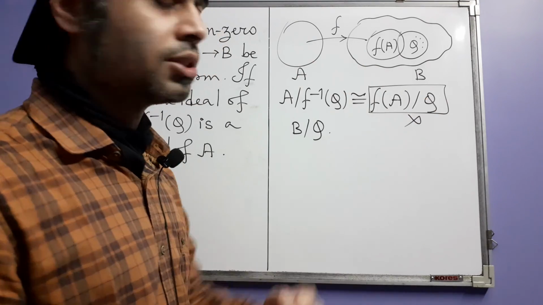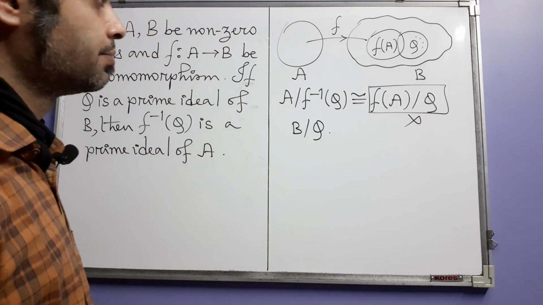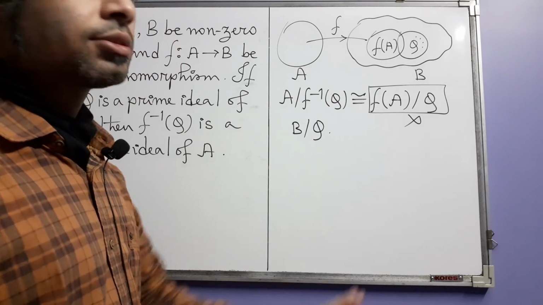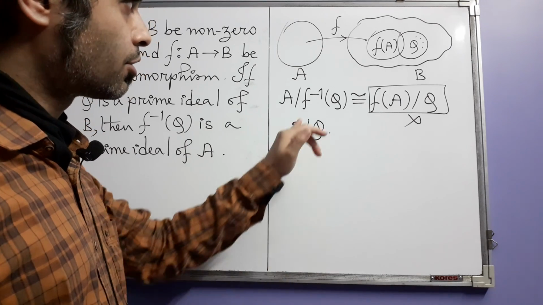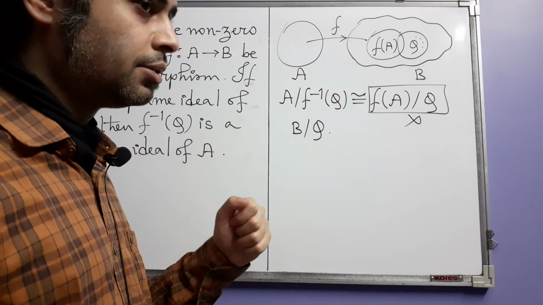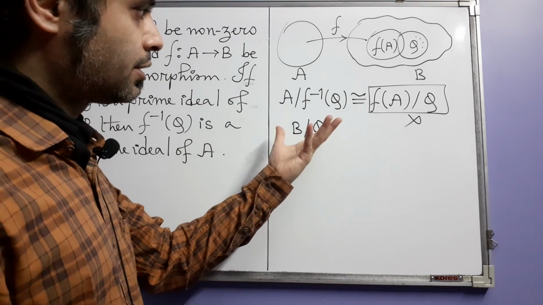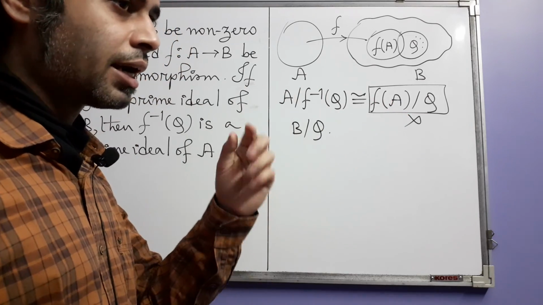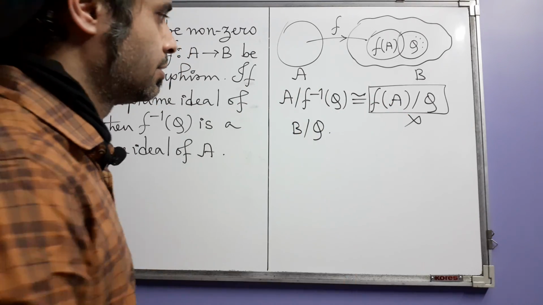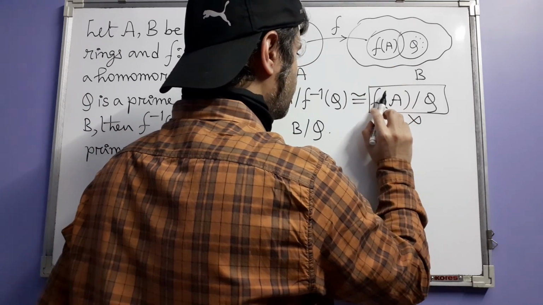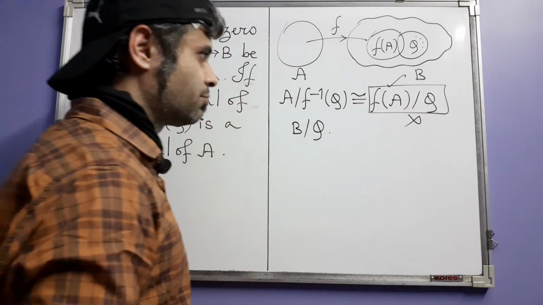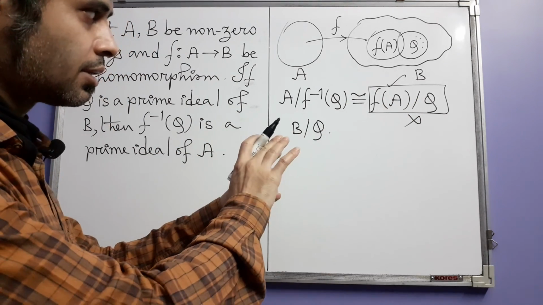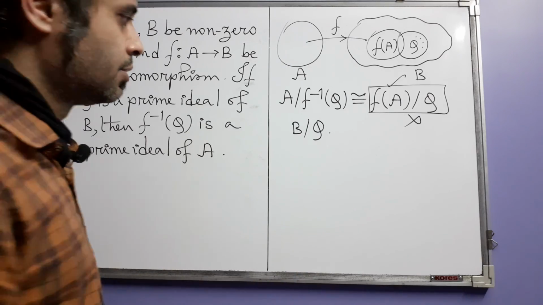So how can I form this quotient? It does not make sense. And my use of the correspondence theorem itself also has been wrong, because the correspondence theorem requires F to be onto. In fact, at the time of writing this itself, I sensed that I did something wrong, but I wasn't really able to see what. In a desperate attempt to have an onto function, I did consider F of A, but forgot this part. Okay, so that was the mistake. That means this is how we cannot do it. We have to do it